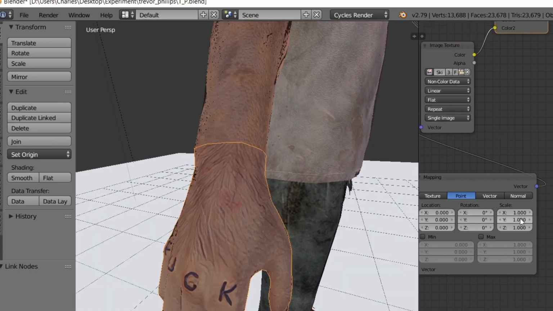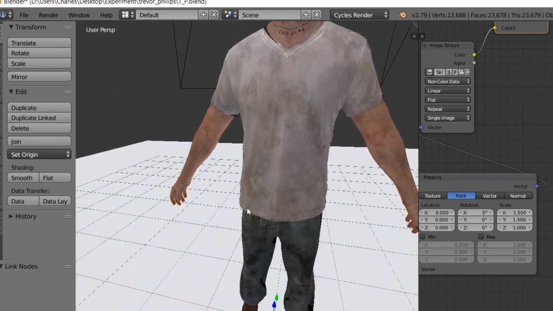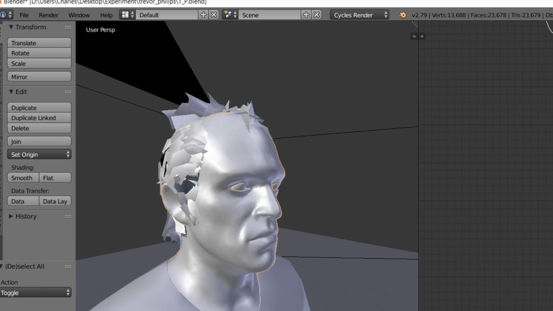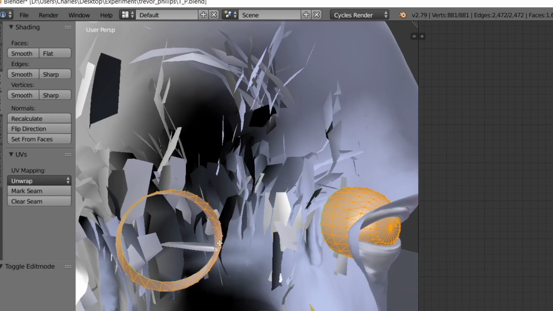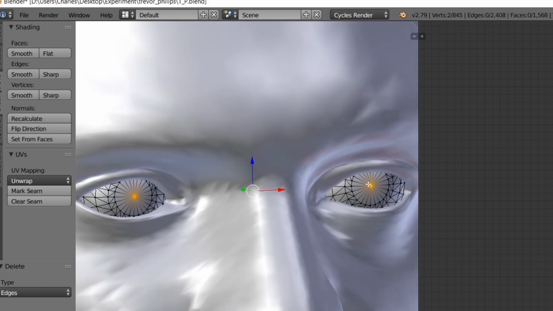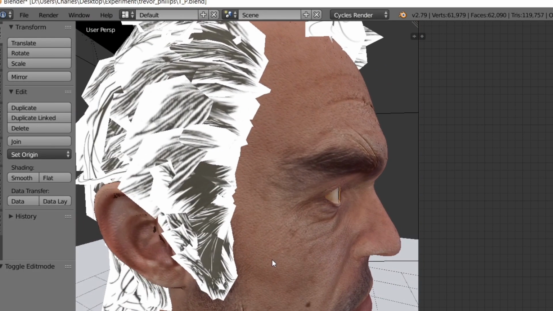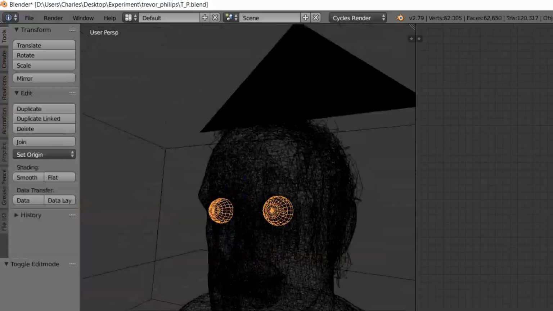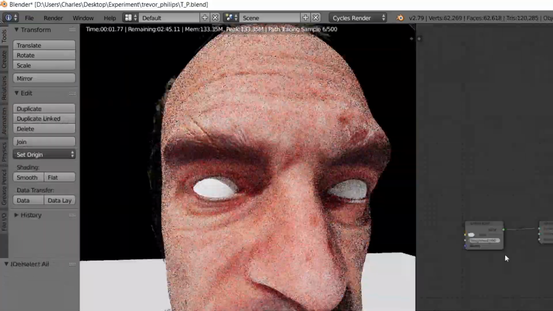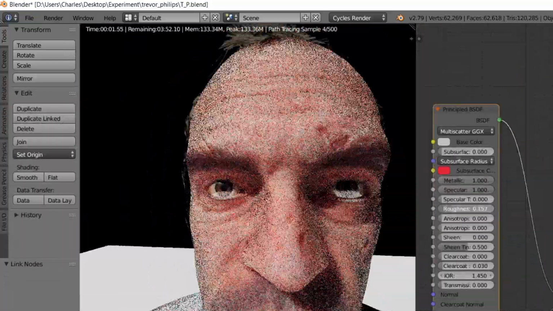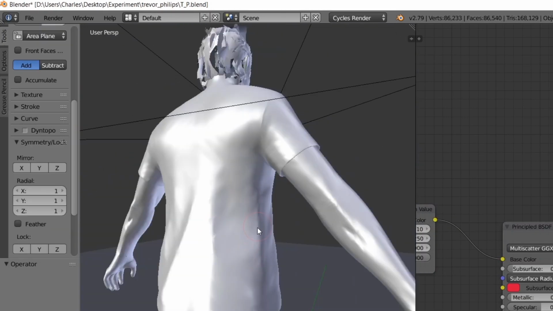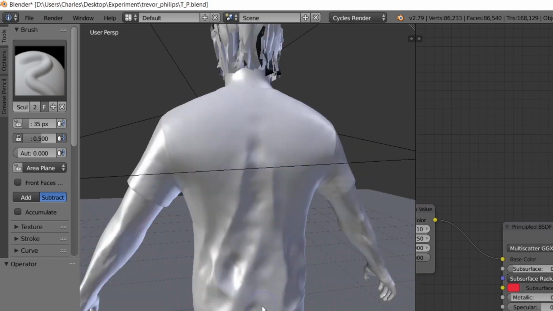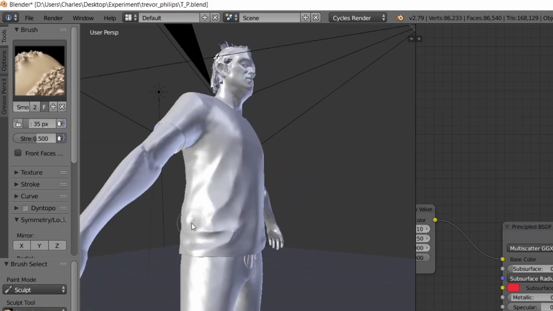And then there was a loss of detail on some of the diffuse maps, so I also am applying dirt to kind of fill the gaps with the detail loss. And then here I'm doing some geometry changes, such as to the eyes. I'm sculpting the shirt and the pants, and they're not the best. I didn't use any reference photos on those,